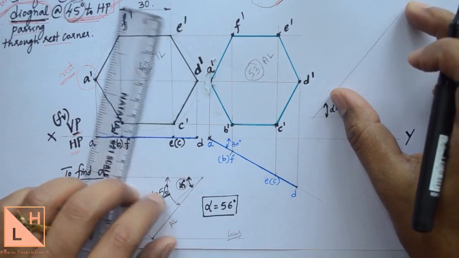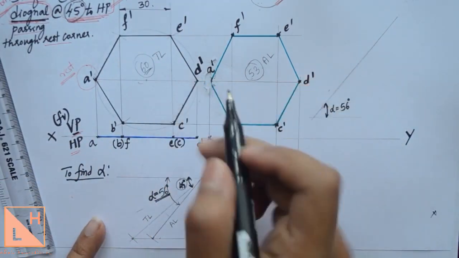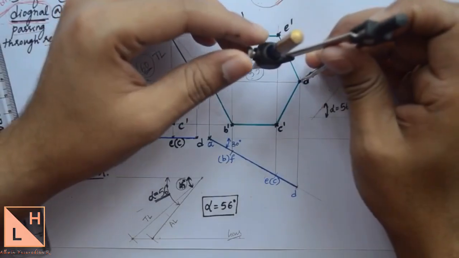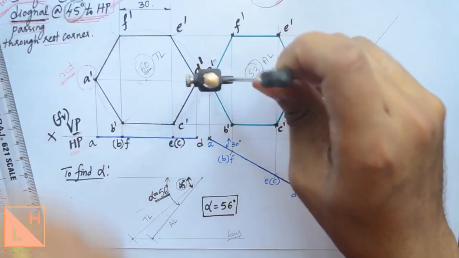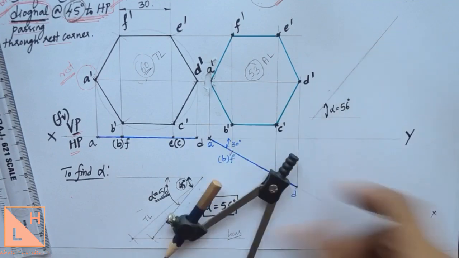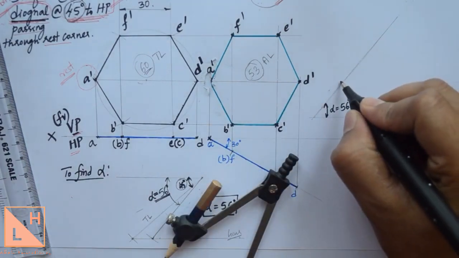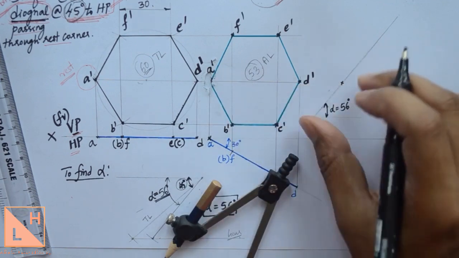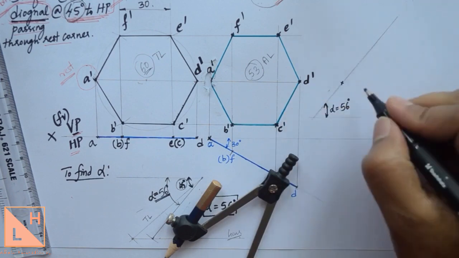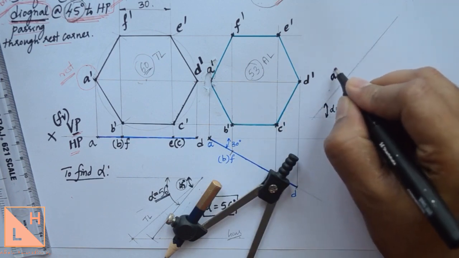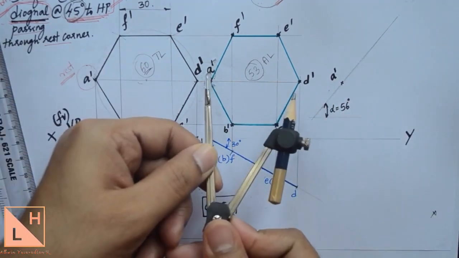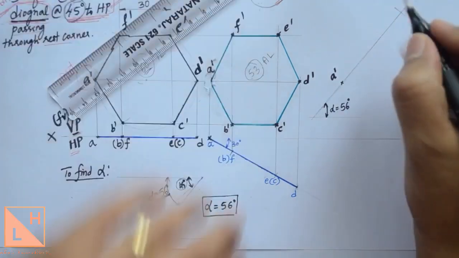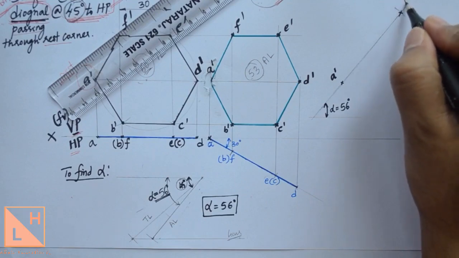On this line we are supposed to place the diagonal that passes through the resting corner. Diagonal that passes through resting corner is A dash D dash. Take this measurement and cut the arc on the apparent angle line. So before we cut the arc, it is also good if you have the practice of marking the first point first. So I'll take the A dash as first point. I'll simply choose a point on this line at a convenient distance so that it does not overlap with the XY line. So I'm taking it slightly above. So here I have A dash. From this A dash I have measured the distance till D dash. You can cut one arc from A dash to D dash. This point what we get here will be the new point D dash.